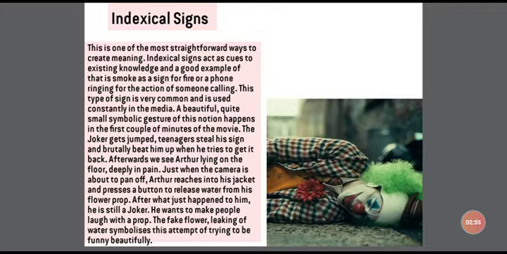A beautiful, quite small symbolic gesture of this notion happens in the first couple of minutes of the movie. The Joker gets jumped. Teenagers steal his sign and brutally beat him up when he tries to get it back. Afterward, we see Arthur lying on the floor, deeply in pain. Just when the camera is about to pan off, Arthur reaches into his jacket and presses a button to release